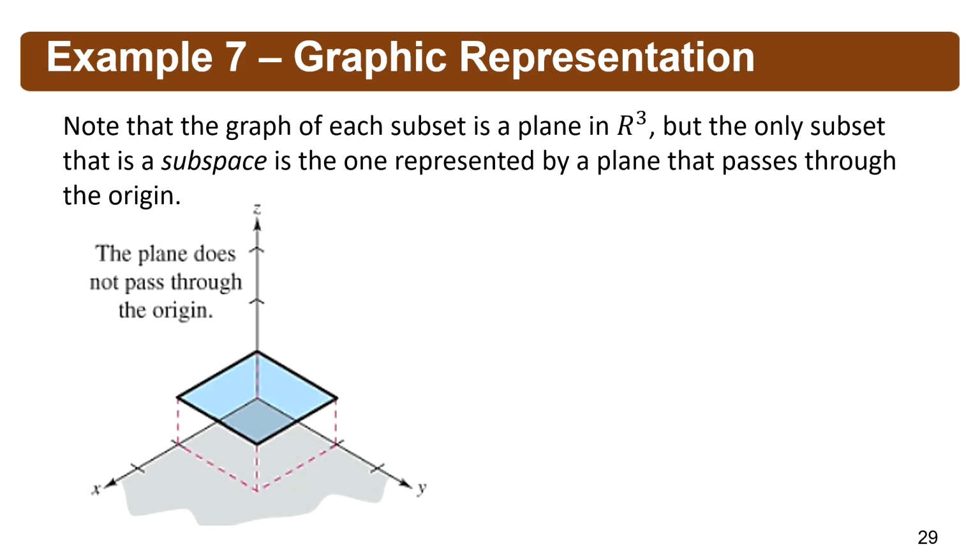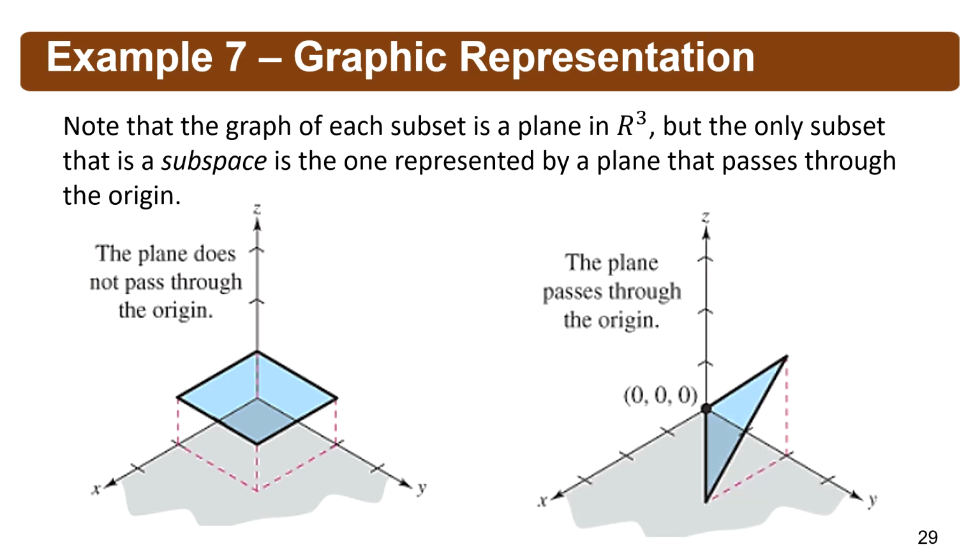All right. Now, the graphic representation. Note that the graph of each subset in the plane, as I graphed previously, so this is the first one, and this is the second one. So, in here, we have x sub 1, x sub 2, and then 1. So, x sub 1, then x sub 2, then 1. So if we show now the plane, of course we have to draw that plane. So this plane does not pass through the origin.